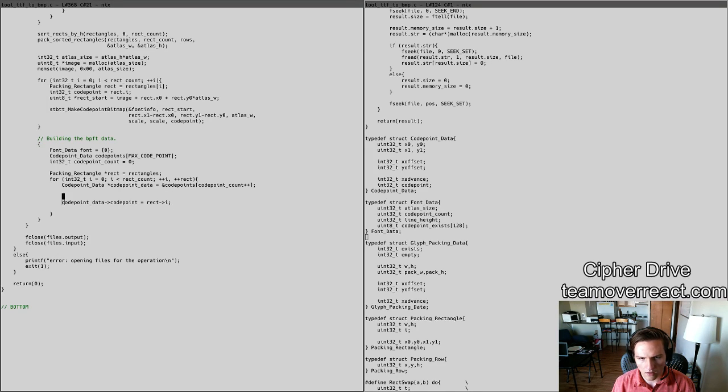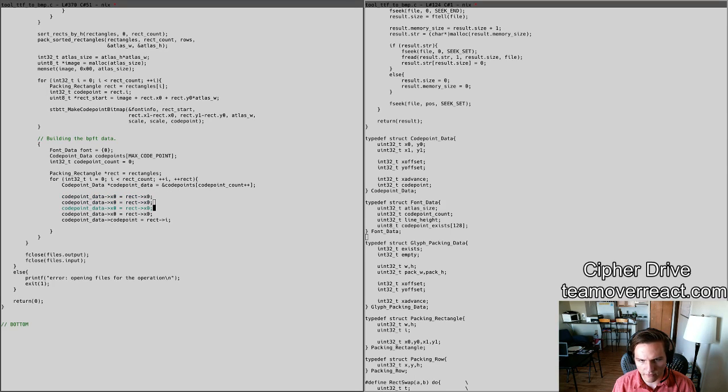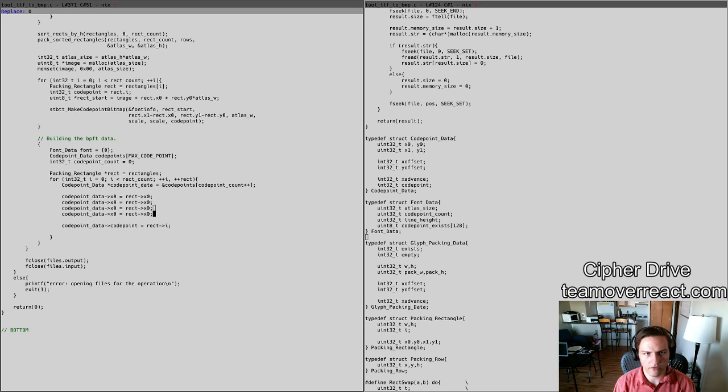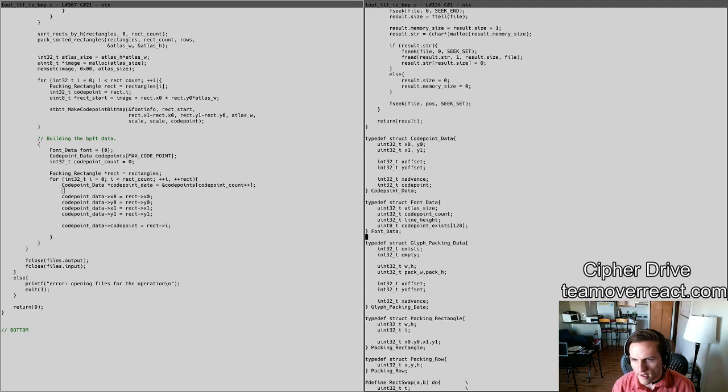Similarly, x0, 3, 4, turn the zeros into ones. Turn all of those zeros into ones, turn all of these x's into y's, and turn all of these x's into y's. And then I can look up into this structure here, in the array of this structure, and get out the rest of the information. So